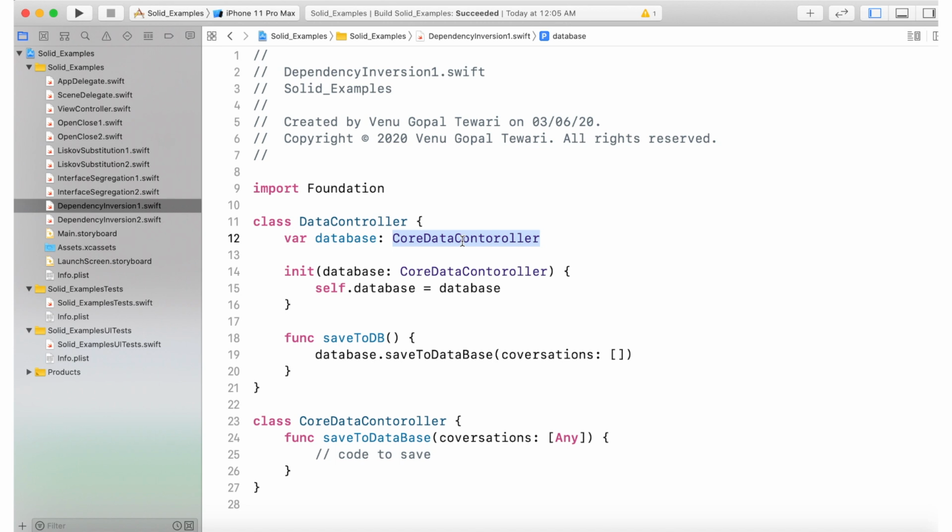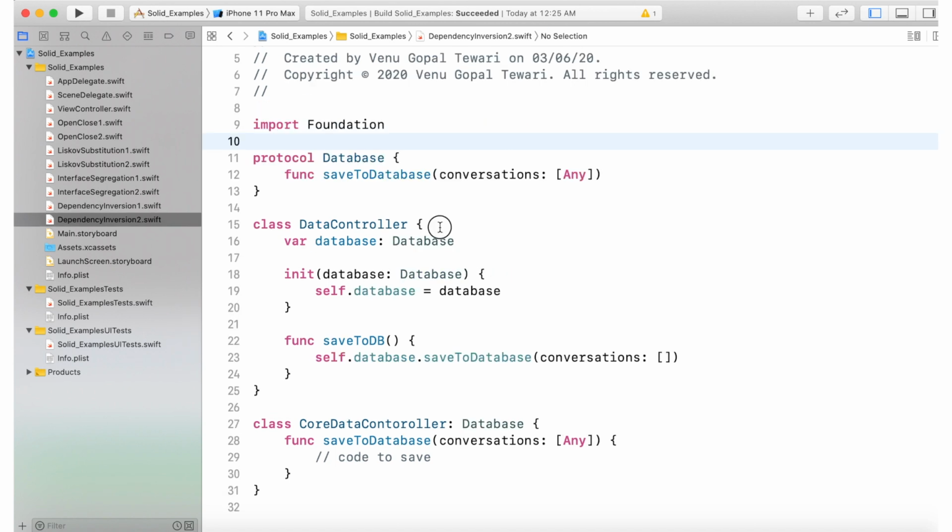And the dependency inversion principle is all about reducing these kinds of dependencies inside your code. Your data controller is the high level module and your database class is the low level module. In the previous example, you observed that your high level module, the data controller, is dependent upon the low level module, the database class. So according to the dependency inversion principle, we have to find a way of writing this implementation such that the dependency is reduced and you can use your data controller independently anytime, anywhere, without any dependency on a particular database.